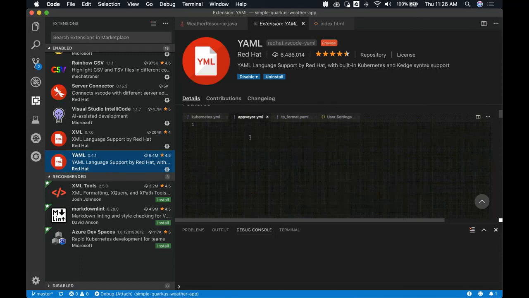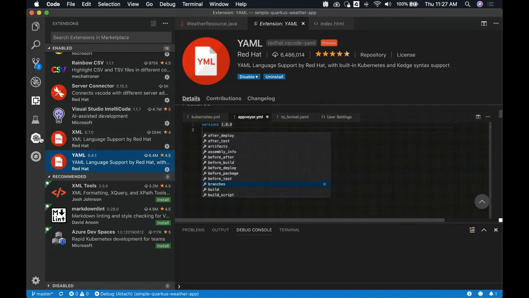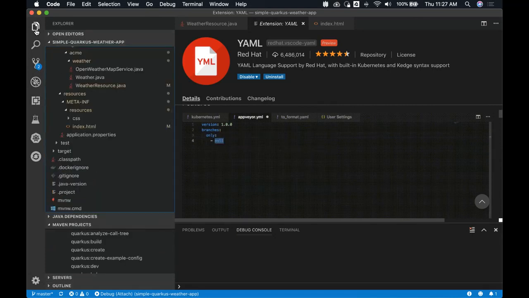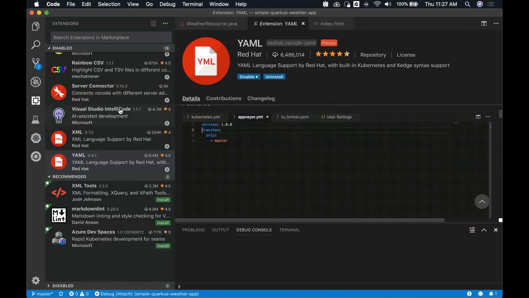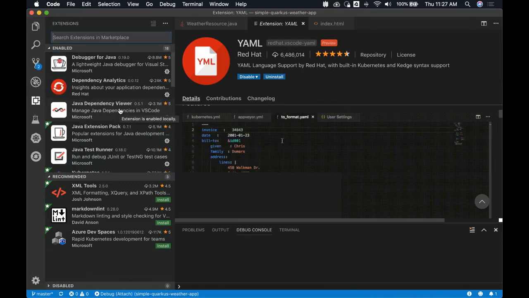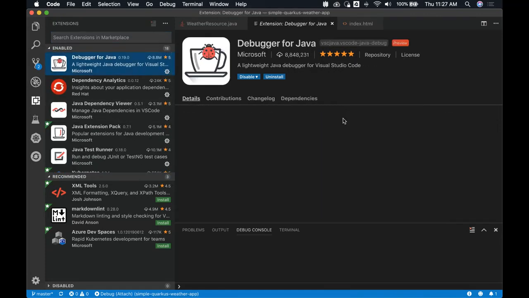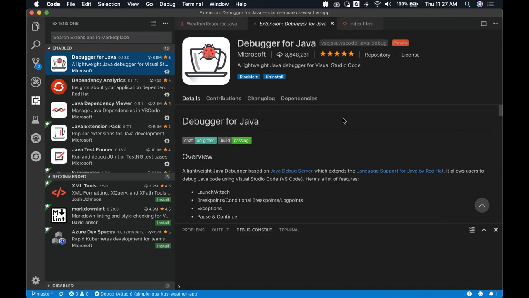Well, I have my screen share up, Burr. Is there anything else I should show? So we should mention there's the Java debugging. Now, there was a question, so there's a debugger for Java as well, right? And it's part of the overall extension pack. Yes, I have that installed right here. Yep. Okay. That comes with the extension pack. It's built by Microsoft.